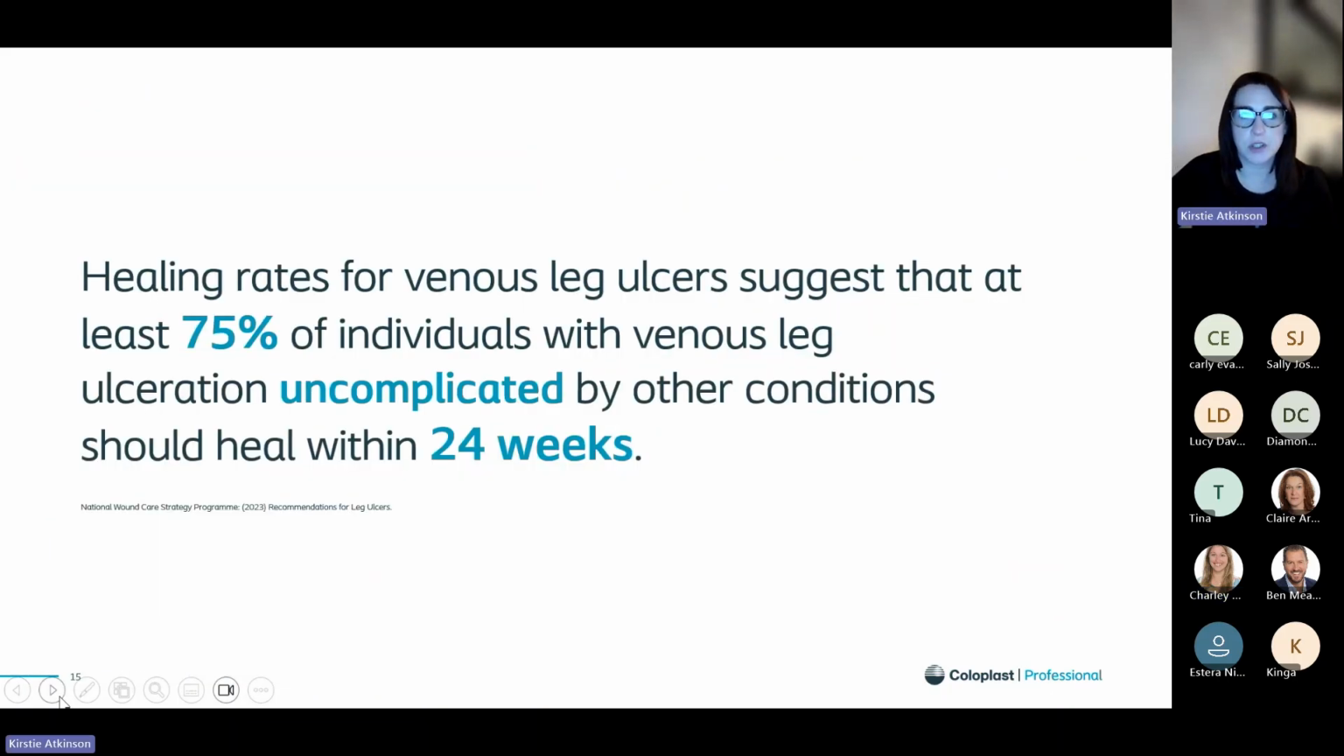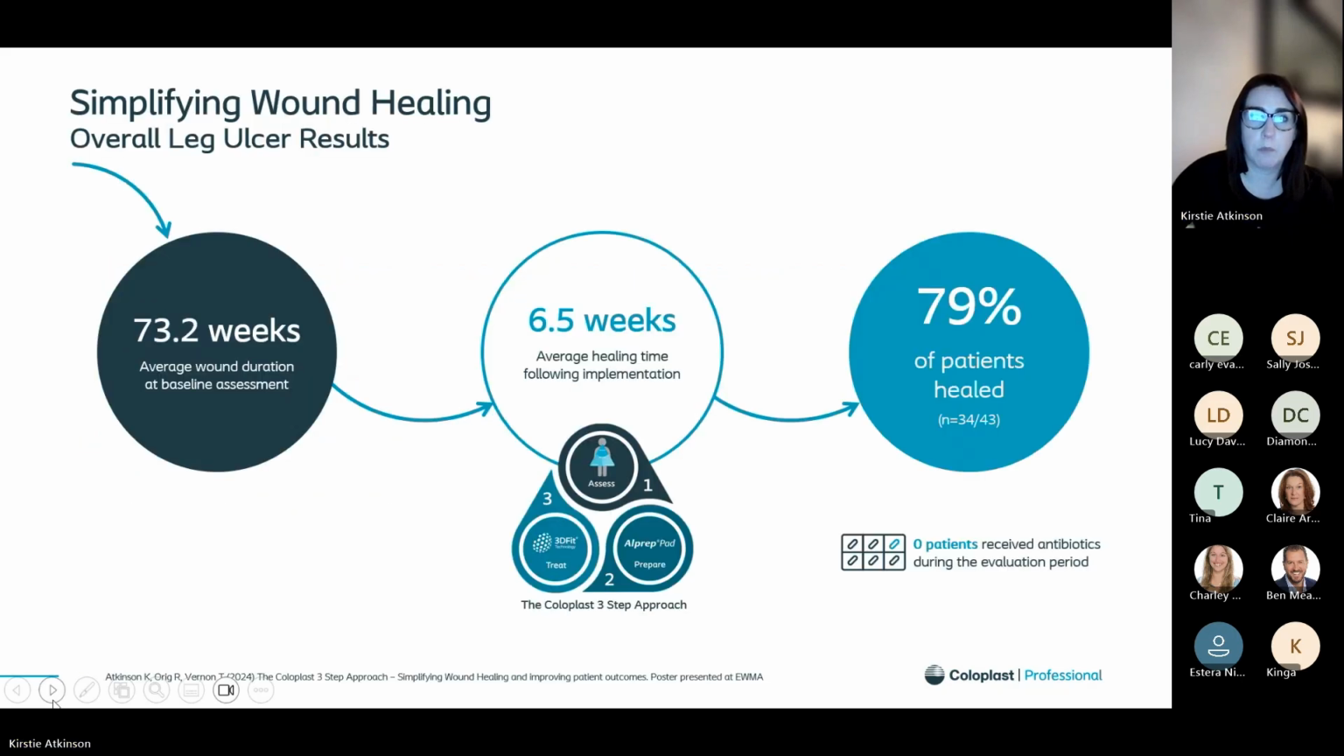So the National Wound Care Strategy Programme say that healing rates for venous leg ulcers suggest that at least 75% of individuals with venous leg ulceration uncomplicated by other conditions should heal in 24 weeks. But what we found with utilising the three-step approach is that overall, patients with leg ulcers, whether or not